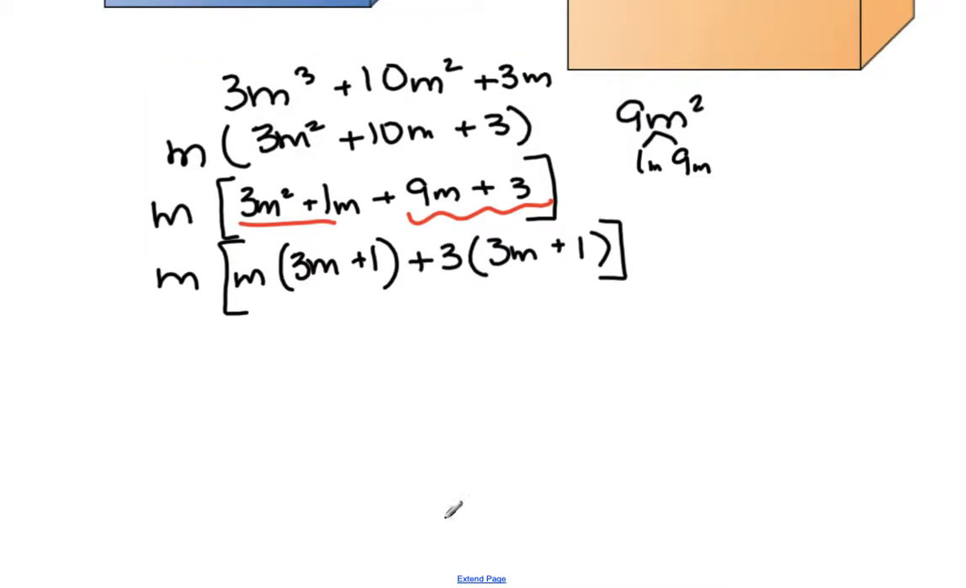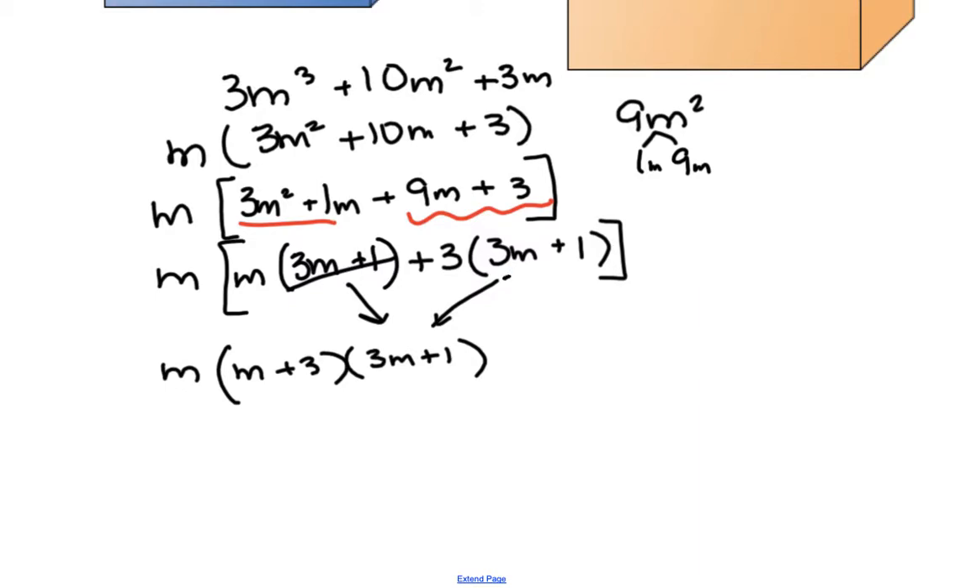All right, now that leaves us with m times m plus 3 times 3m plus 1. All right, so this 3m plus 1, that's right there, right? And so we're done with that, and then we're left with m plus 3, which goes here, and then that m. So these would be the possible dimensions of that particular cardboard box, right, or